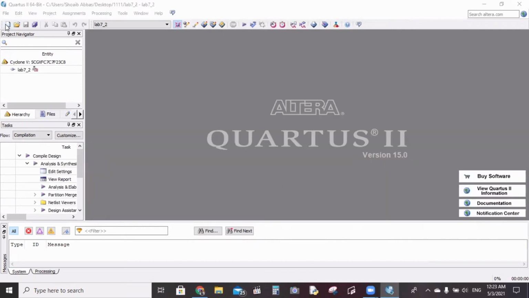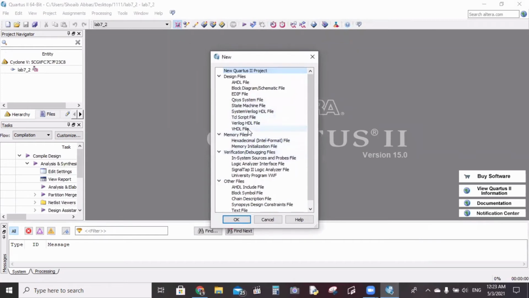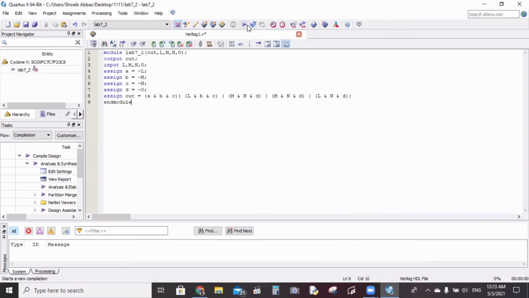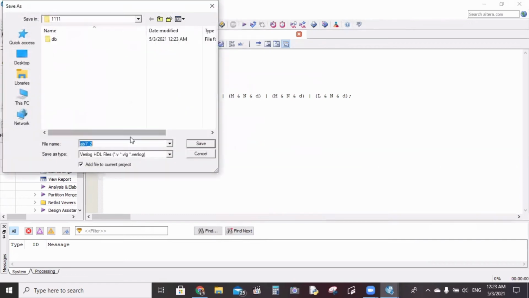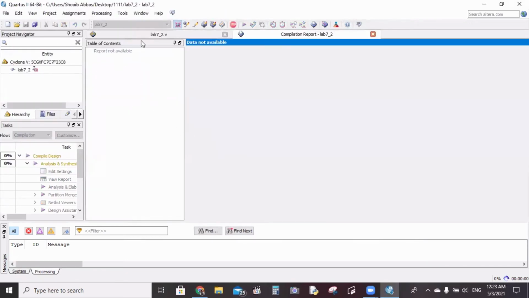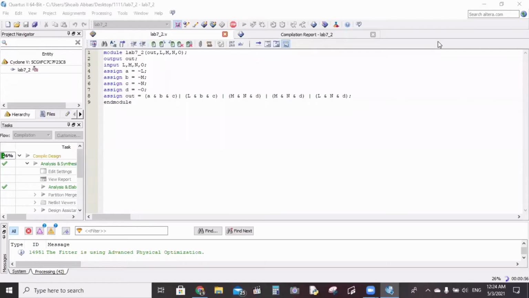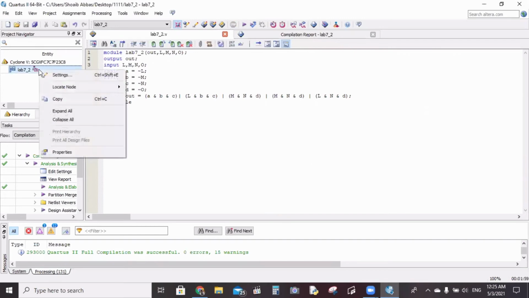From here, we will create a new file, Verilog HDL file, and click on OK. As I have already copied the code, I will just paste it here and then I will run my compilation and click on OK to save our file. Our compilation takes a little bit of time to compile. As our compilation is almost done, now we will move towards our